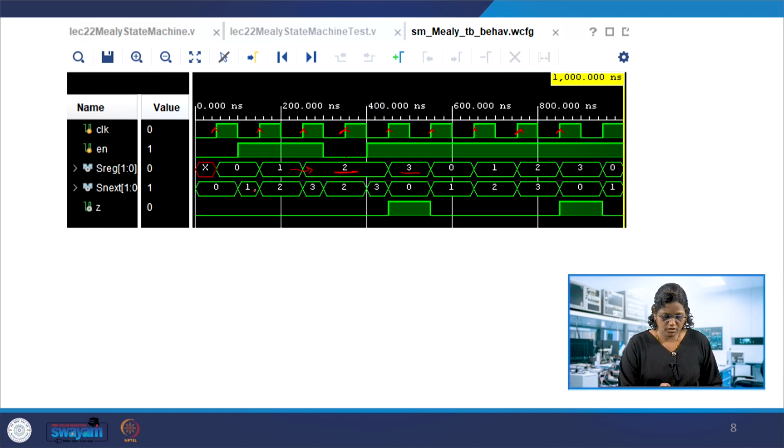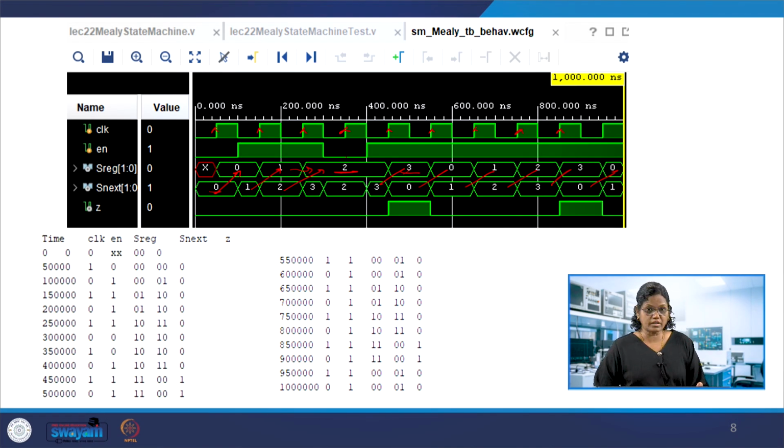And next we can also observe the next state, which was supposed to be assigned over here. So the excitation signal, the next state logic output, is passed to the current state. You can see them over here, 3, and then over here case 2 is already there, within this 0. So 3 and then 0, 1, 2, 3, 0, and so on. The same could be observed in the signals sreg, snext and z. This is output Z, and we can see the output at this next state when it is moving to the 1 1 state.